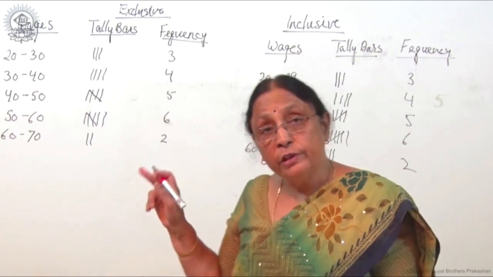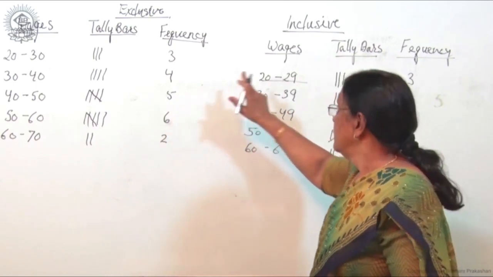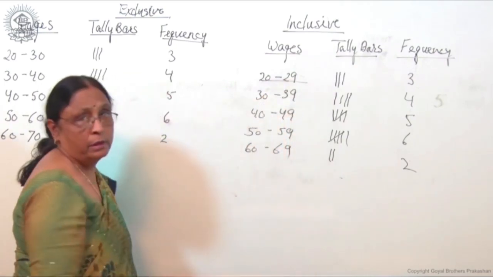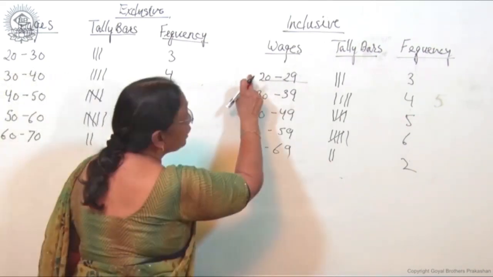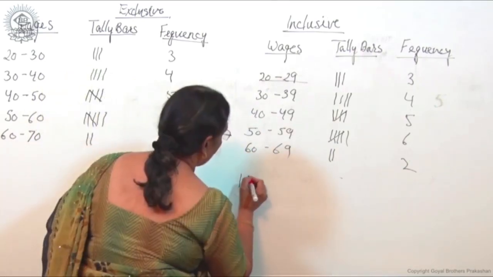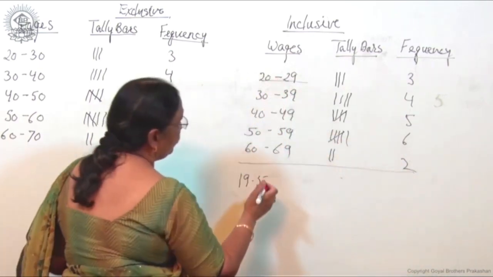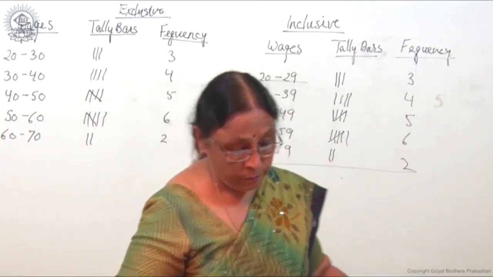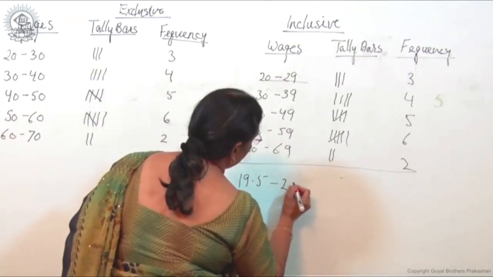Now when we want to convert these inclusive series into exclusive series, then what is the process? Here you see that there is a gap of 1, 29 and 30, right? Now the process of changing is that you deduct 0.5 from the lower limit here and add 0.5 to the upper limit here. Now in this case it will be 19.5 to 29.5,